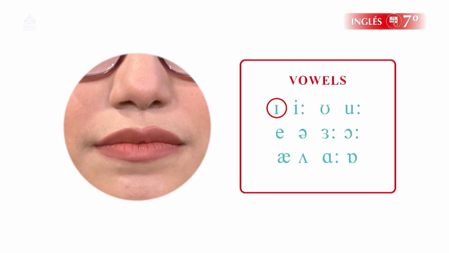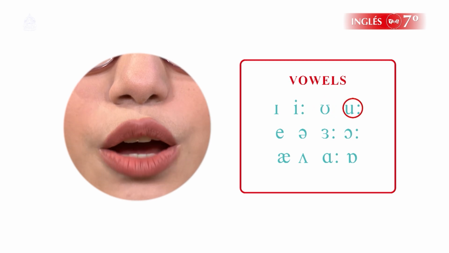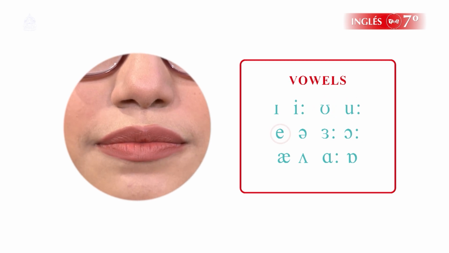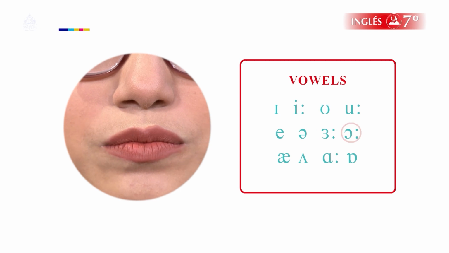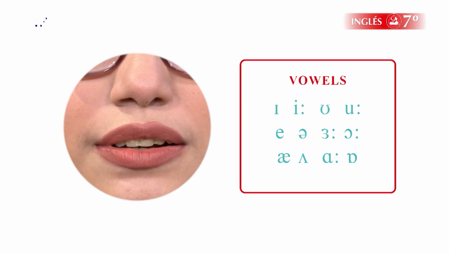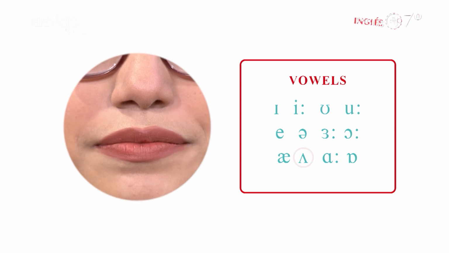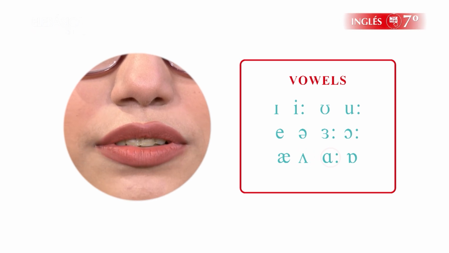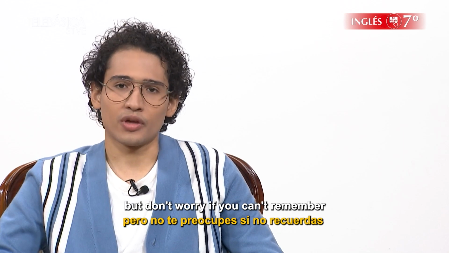I, O, U, E, A, O, A, R, O. There is another group of vowel sounds called diphthongs, but don't worry if you can't remember the name of